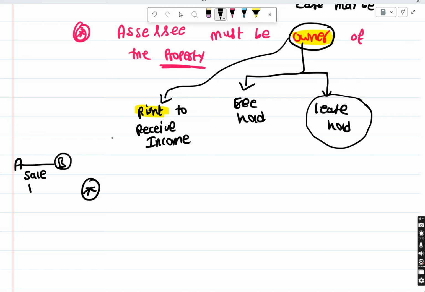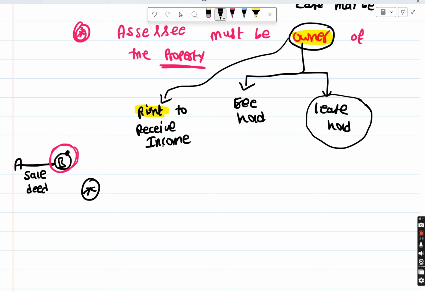There is something called a sale deed or transfer deed. The document will be there, right? So A already transferred that building to B's name, but B did not go to the registrar office and has not registered yet. It doesn't matter. The building is in whose name? In B's name. And if B is receiving any income, then we will tax under IFHP, because registration is just a legal formality.